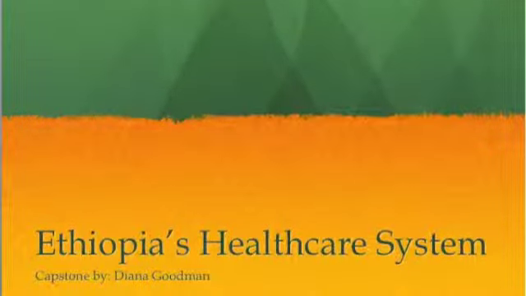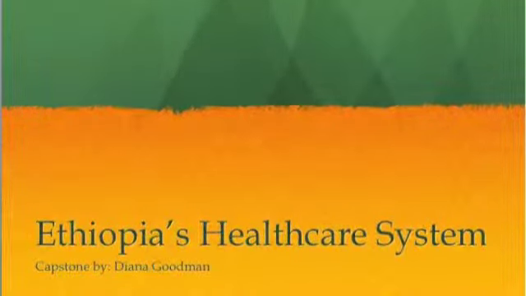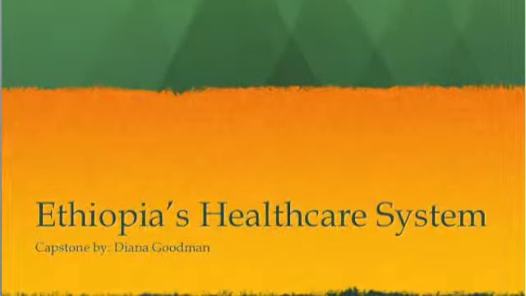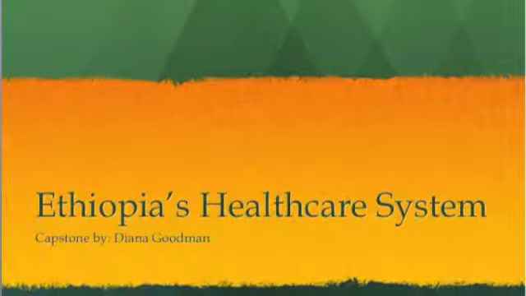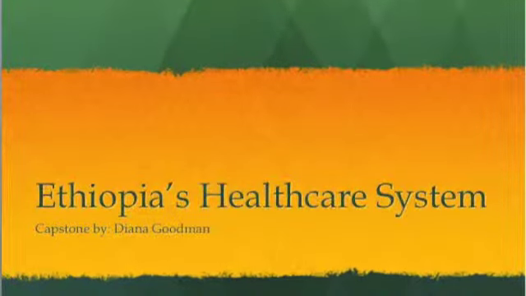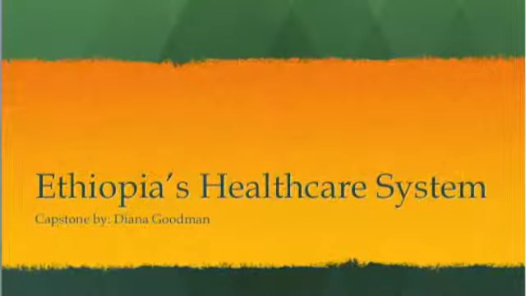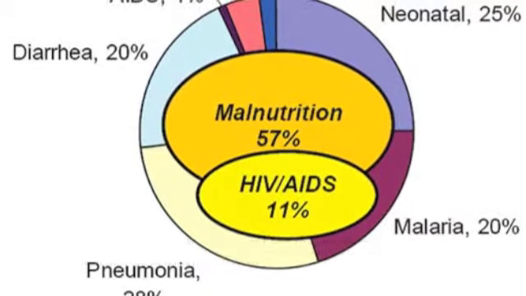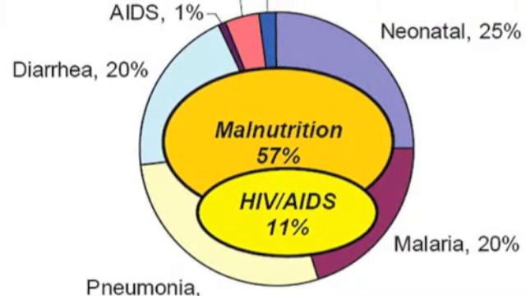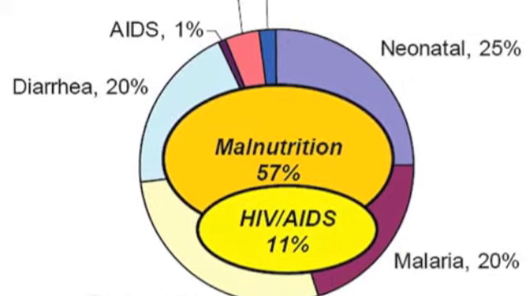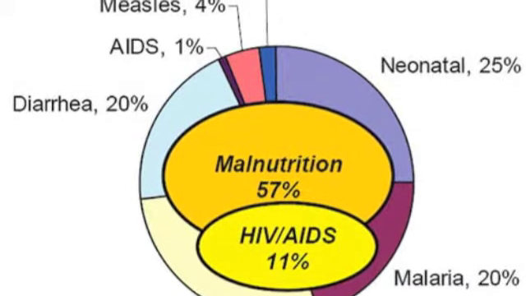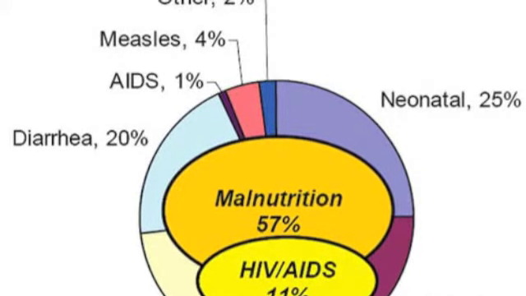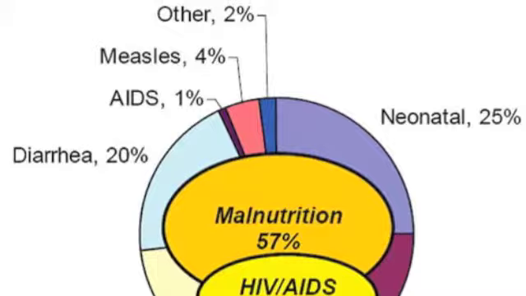For my capstone project, I delved into the types of public health and medical resources that are available in Ethiopia. To understand this and the need for assistance in developing more resources for medical attention, it is important to note what types of illnesses Ethiopians are susceptible to. Ethiopians are dealing with a variety of different health issues that include infant mortality rate, low life expectancy, HIV and AIDS infection rates, preventable communicable diseases, nutritional diseases, and injuries from animal attacks that result in infection.